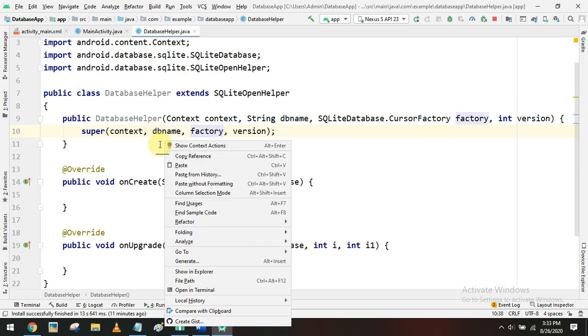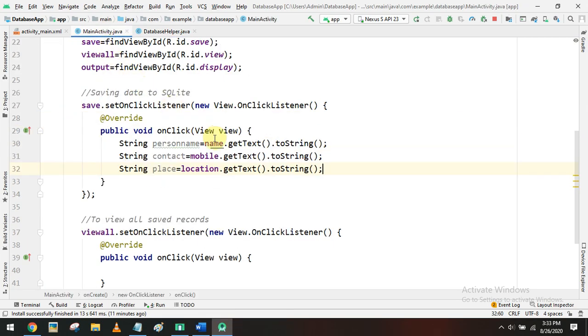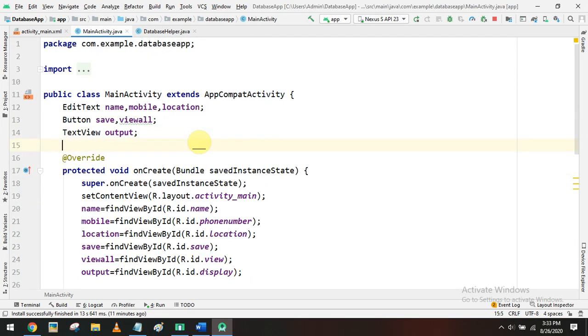Okay, now let's see how we can use this constructor. You just go back to the main activity. Here we can create one database helper variable, let it be DB. This DB is a variable which I am going to use to call the functionalities of the database helper.